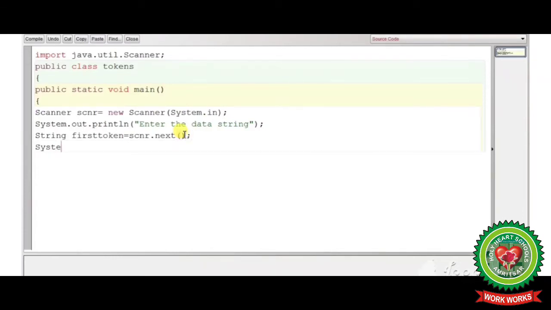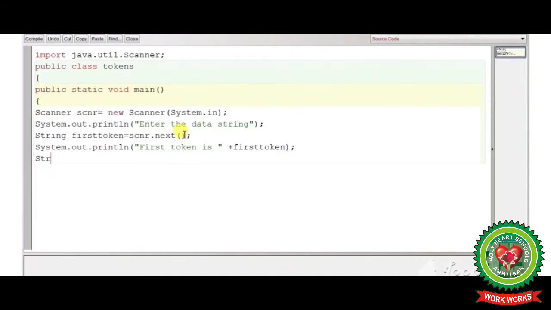Now we have to print the first token on the screen, so we will write System.out.println round bracket start, double quote start, First token is, double quotes close, plus operator is used to join the message and the result, plus firstToken, that is our variable name, semicolon.